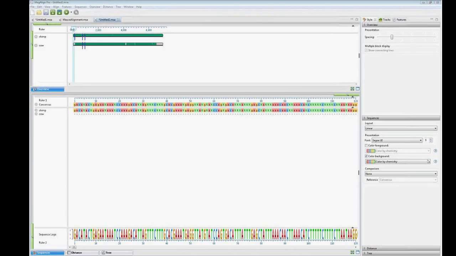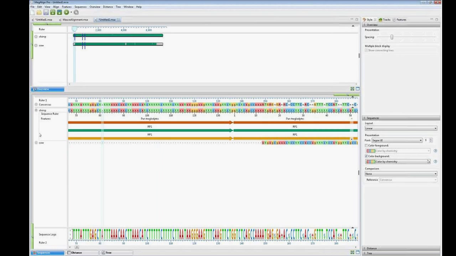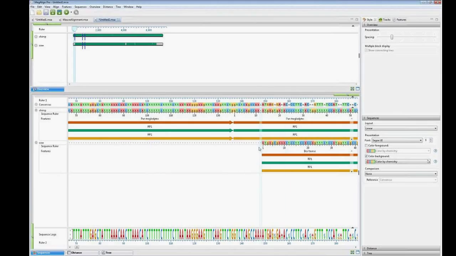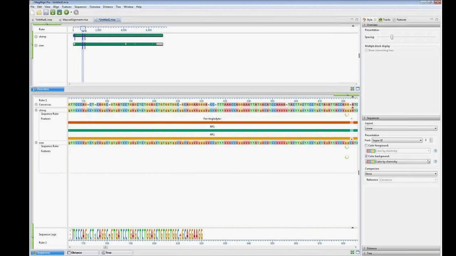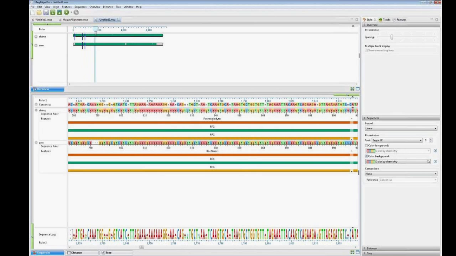So here, for example, if we expand, we can see exactly which exons we're looking at. So here we see the chimp RP1 exon aligned to the cow RP1 exon. And as we scroll along, we can see the different components of our alignment. So that's 2 organisms. If we want to add another organism, we can just click Add Sequences End to End